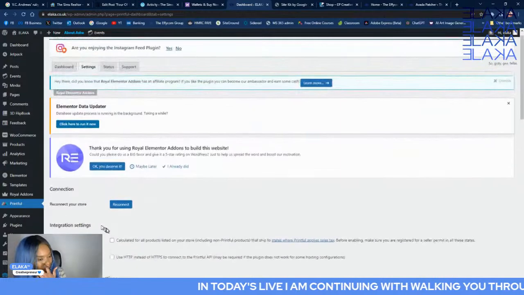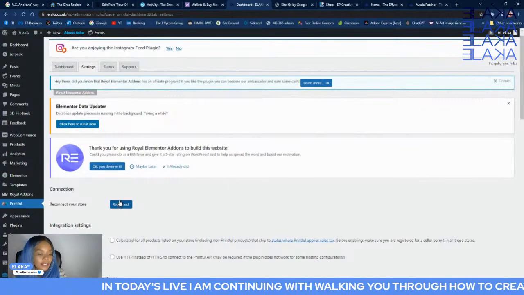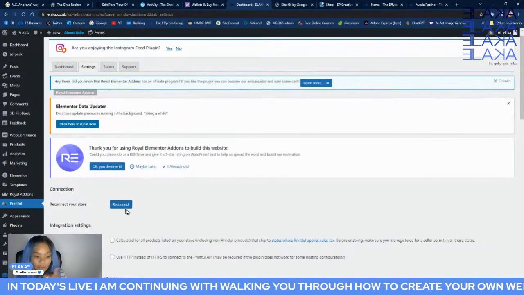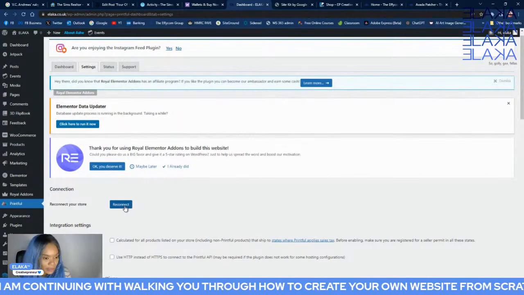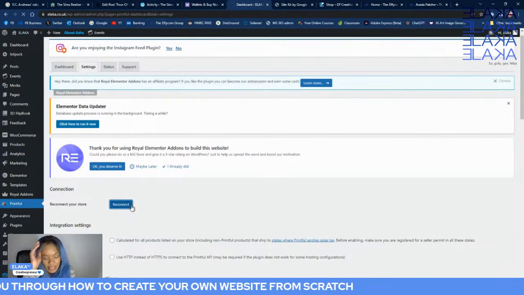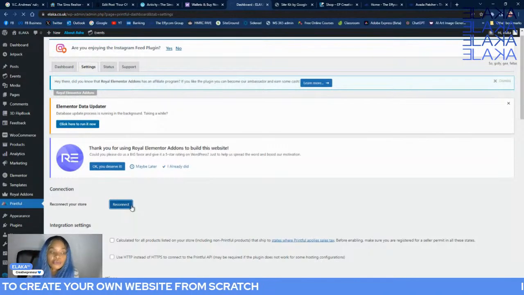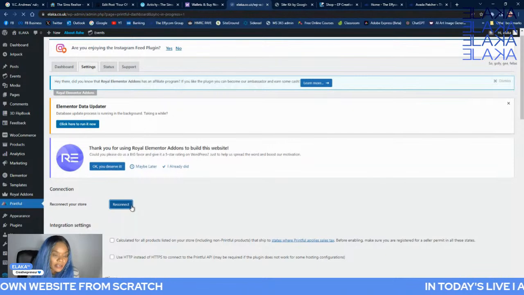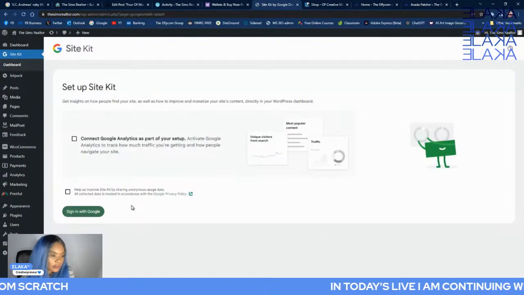And so now that is saved. Here it's giving me the option to reconnect your store. So I'm assuming my store got disconnected in some way, shape, or form. So I'm going to go ahead and click on reconnect. And when I do that, it's actually going to try and divert me to Printful, because that's the way that I can only be able to